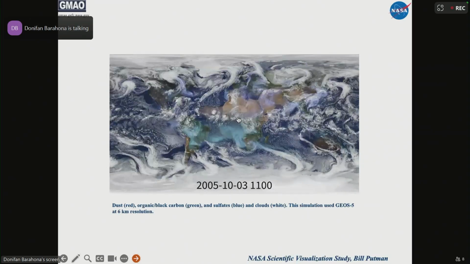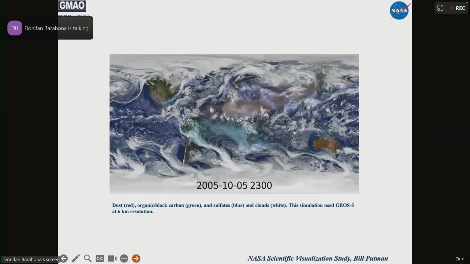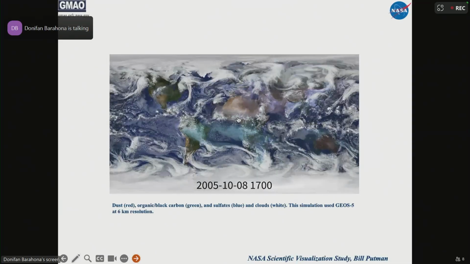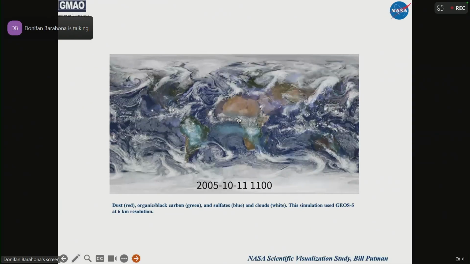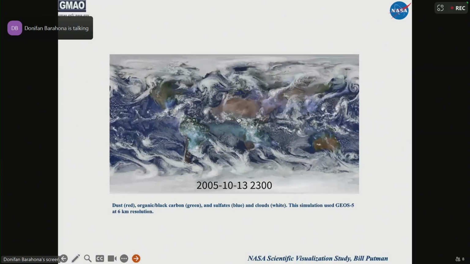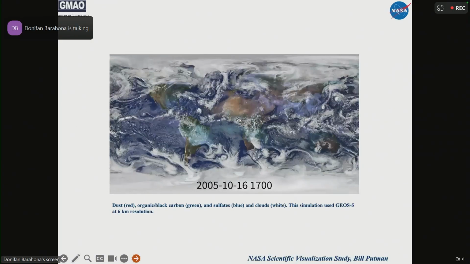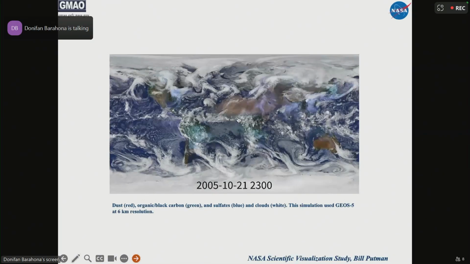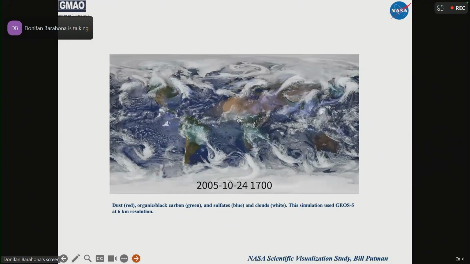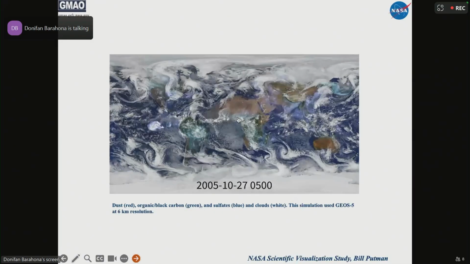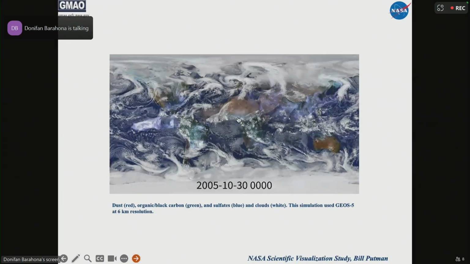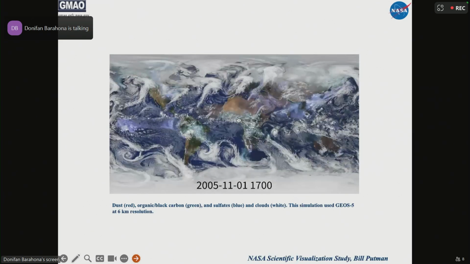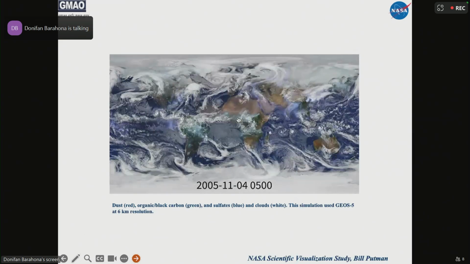Bill Putman, who is the lead of this project, the whole GMAO modeling initiative, puts together this kind of animations and simulations, and I really love them because they show all the things that we're trying to understand here. In white, you can see all the cloud fields, and in color, you see the aerosol fields, and you can tell there are large scale features. That cyclonic activity. You can see maybe even the Rossby waves.